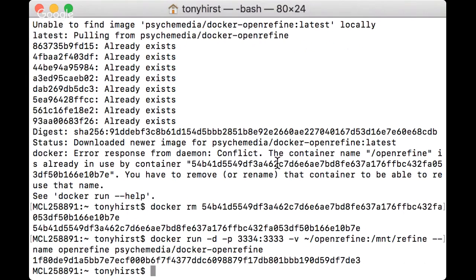So what it did, if I'd cleared it away, I thought I had cleared it away, it would have downloaded all the elements that I need for this container. This should be running now on port 3334. So if I go into my browser,